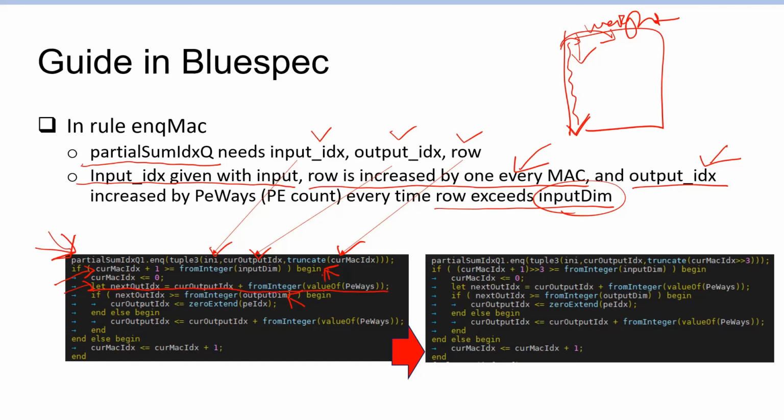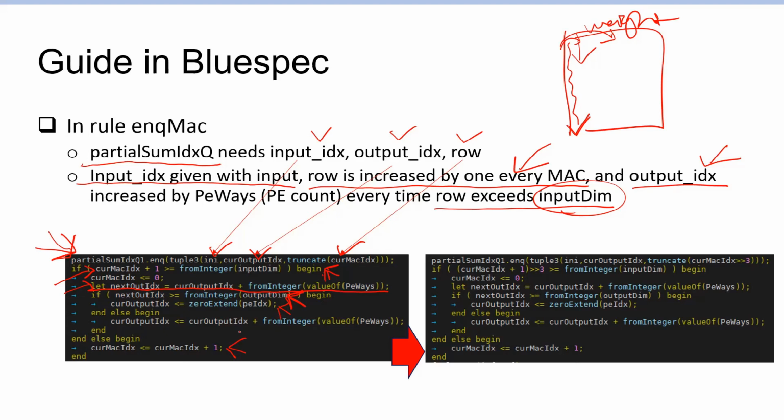And if the next IDX also exceeds the size of the output dimensions, we move to the next row. Otherwise, the MAC index is just increased by 1. So that's what it was doing originally when we were just processing 1